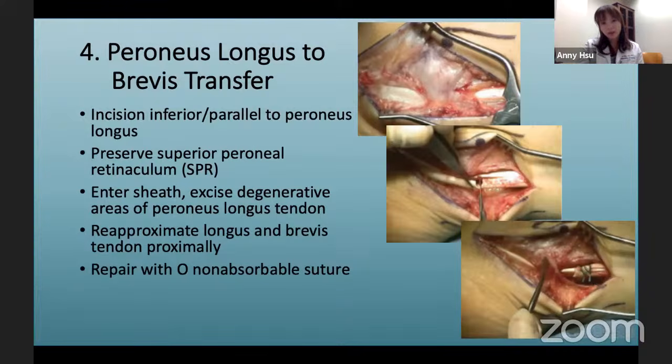I will repair the superficial peroneal retinaculum with suture anchor back to the fibula if I did end up peeling it off. It's important here to point out that this repair can be a little bit bulky, so it's important to test it before you close your wound to ensure that there's no tightness or impingement as it travels underneath the retinaculum.